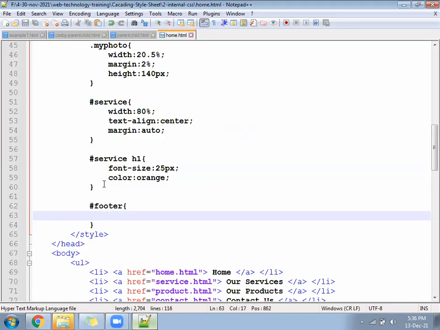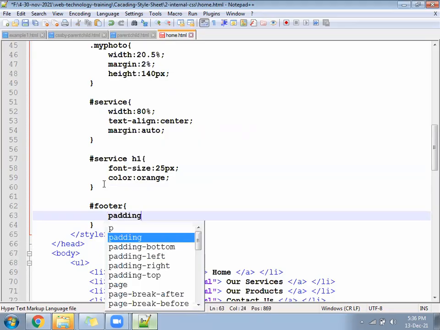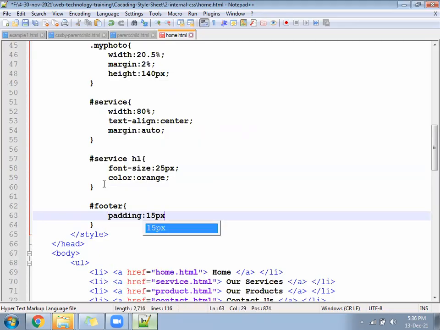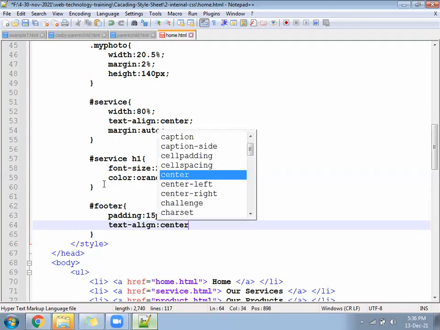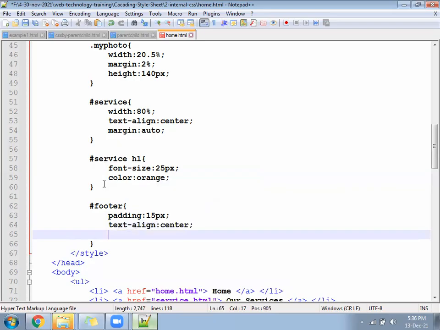Okay, first write padding inside the footer somewhere 15 px. Then after that, text-align as center. Padding 15 pixel, text-align as a center.